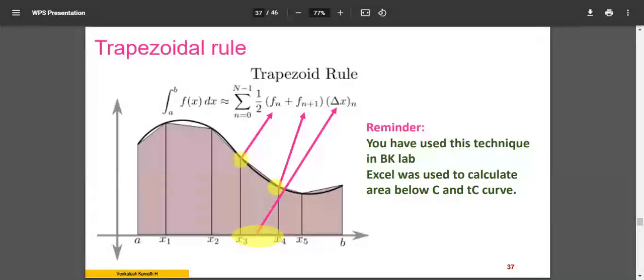Okay. Is that clear to all of you? So that is the area I'm trying to calculate. Likewise, there are many trapezoids. I just explained one trapezoid. There are many trapezoids, and all of that I will try to find out. Is that fine? Shall I go ahead?